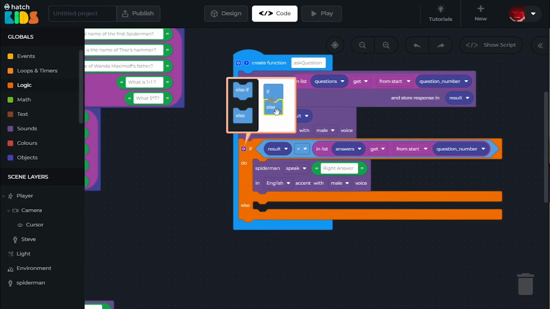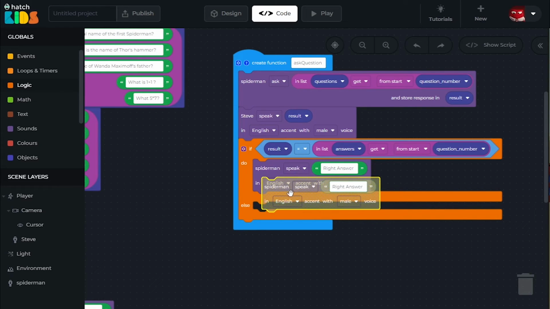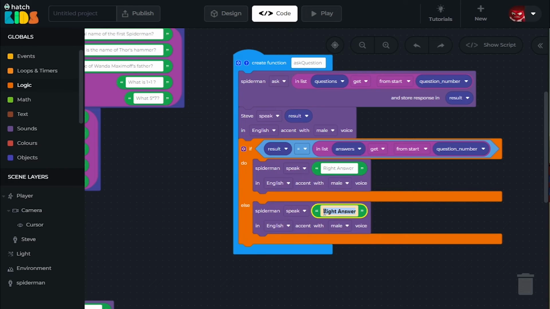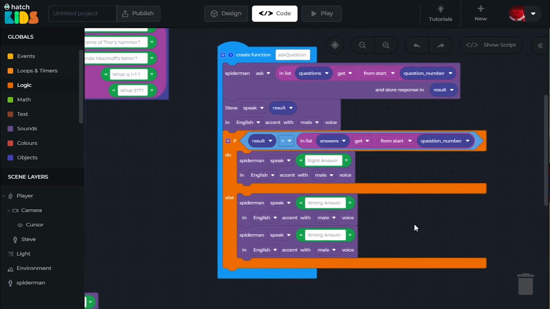So here the answer can be right or wrong, there is no other option. So if the result is equal to the answer, then you have written right answer, otherwise the answer will be wrong, obviously. So else, what should we do? We'll make Spider-Man say wrong answer. But then let's also make Spider-Man speak out the right answer of the question. So we will say, duplicate the speak block now and say